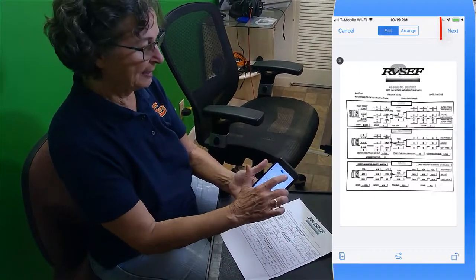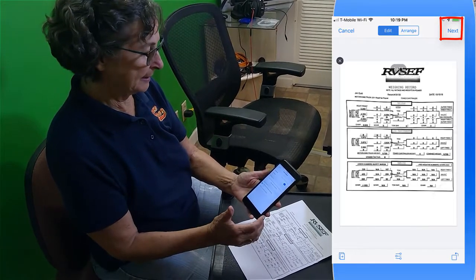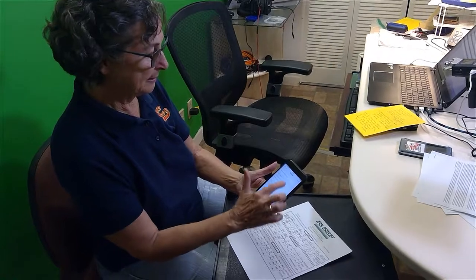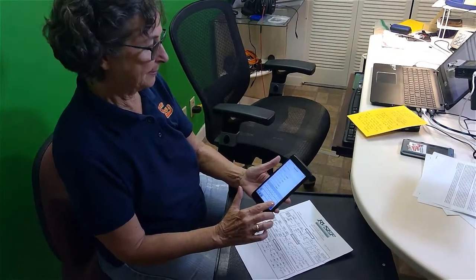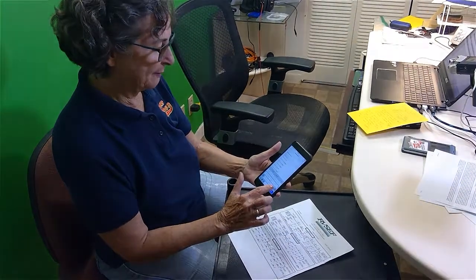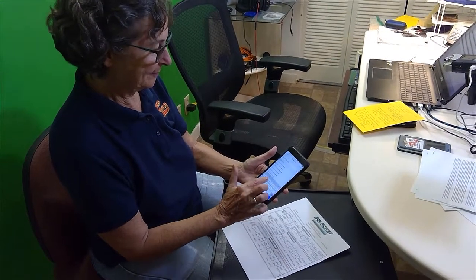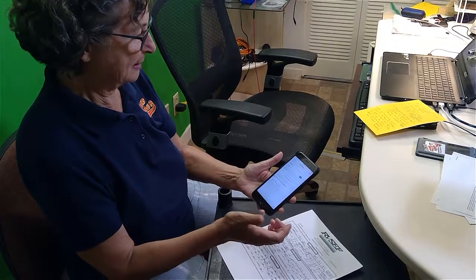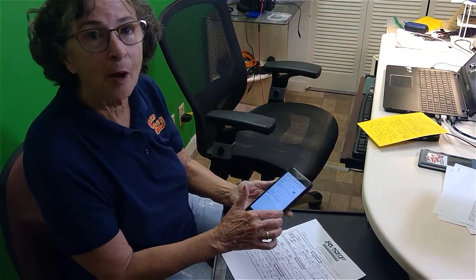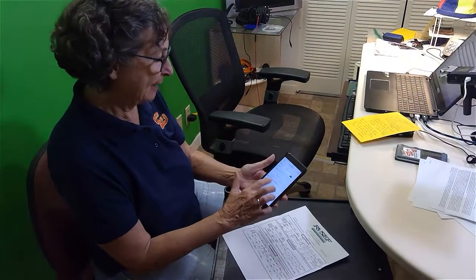This is a PDF file. I tap next, and I can give it a file name. So, Road Trek Weight Report. And done. Now I can tell it what folder I want to put it in, and I have its insurance